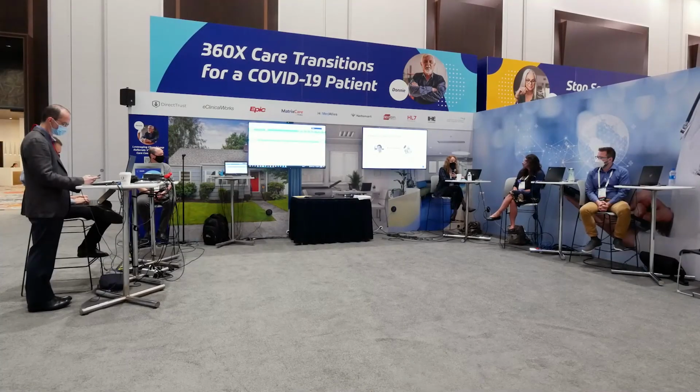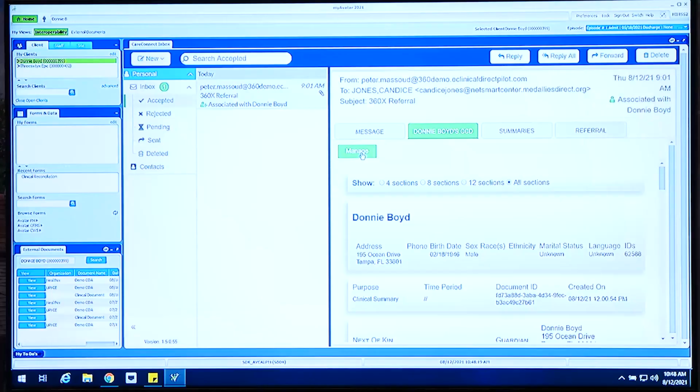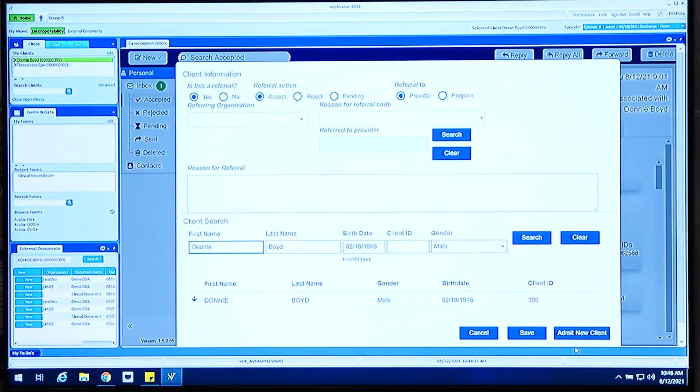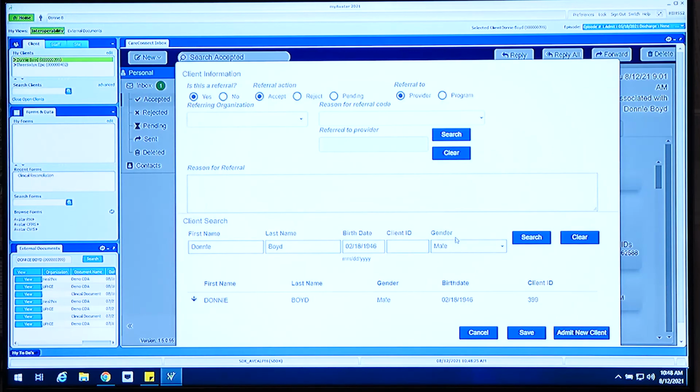Let's now see this in the NetSmart and then in the Matrix Care system. Thank you, Dr. Miller. All right, so back in Care Connect inbox in the NetSmart system, I'm going to go back to Donnie Boyd's CCD, and this time I'm going to select to admit new client. When I admit the new client, it's going to take me to our admission form,